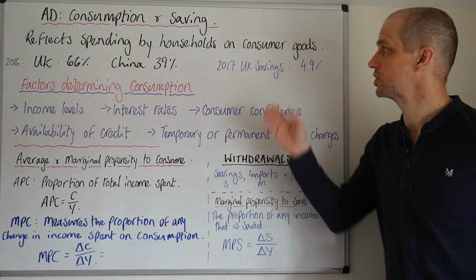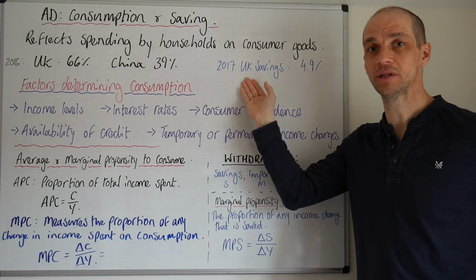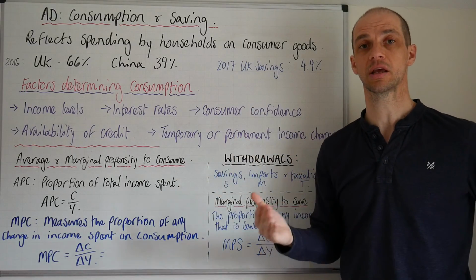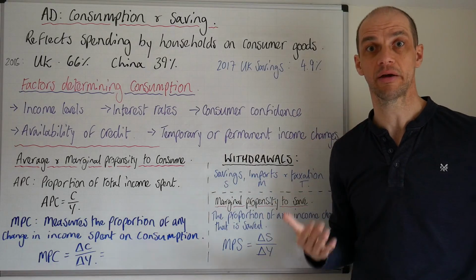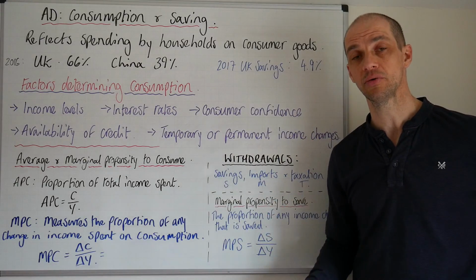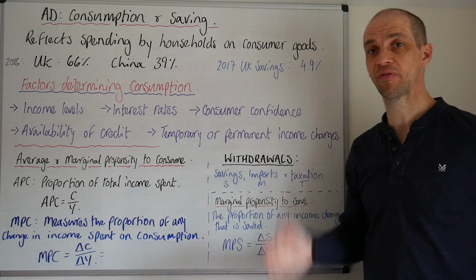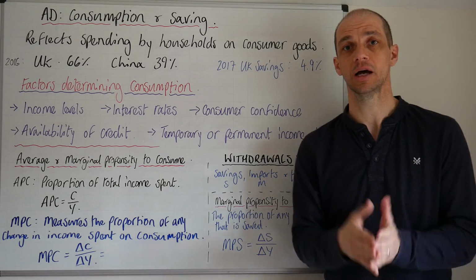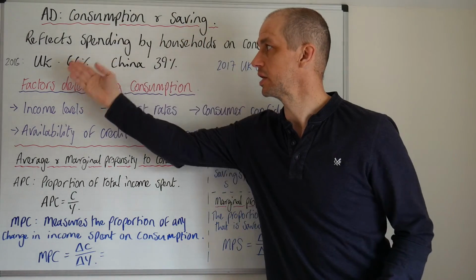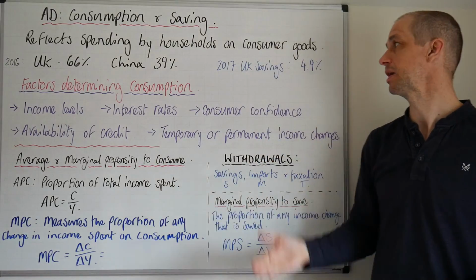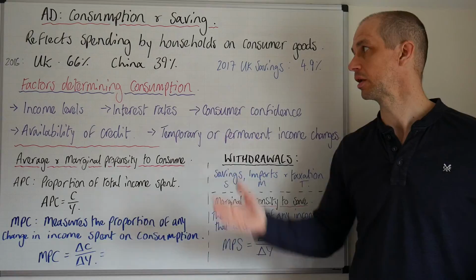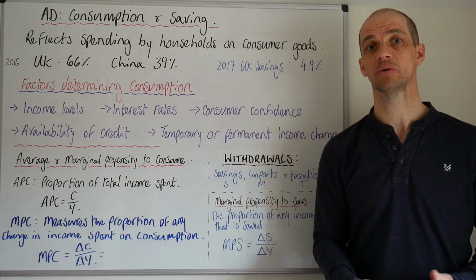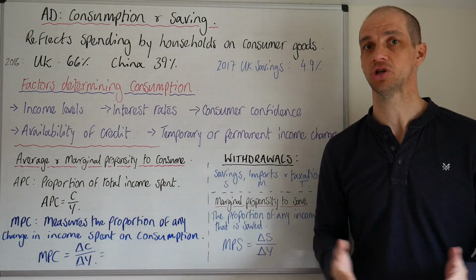Okay, so interestingly in 2017, some news has just come out in the last week on this, that UK savings rates have actually fallen to the lowest level in history at just 4.9%. So of course we can see there's a lot of consumption taking place. Meanwhile, that will mean that there's therefore very little saving. You compare that with the Chinese economy, you would see this much higher.